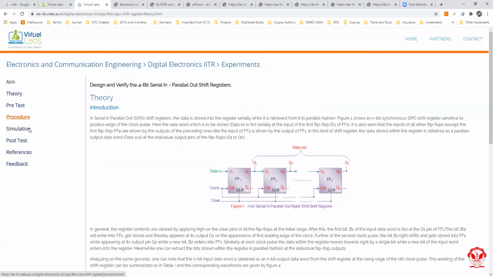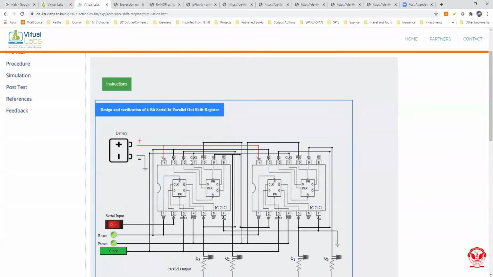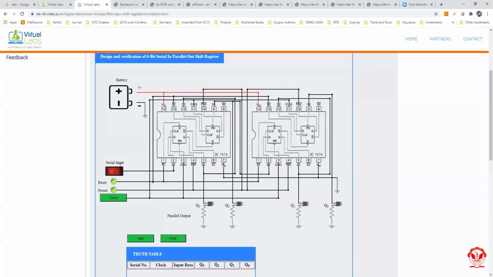Coming directly to the simulation part, first I will explain that this is our serial input, and this is our parallel output. As we know, in serial-in parallel-out shift registers, the data is stored into the register serially, while it is retrieved from it in parallel fashion.